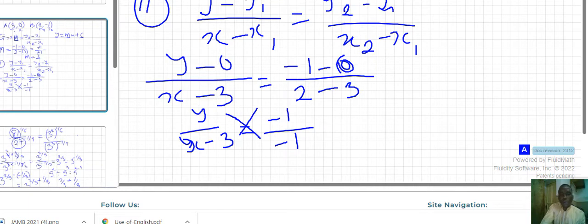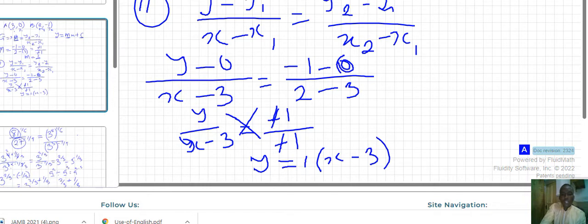But before we cross multiply, you should note that the minus will cancel the minus to make the equation simpler for us. So when you cross multiply, y times 1 gives us y, equal to 1 into bracket x minus 3. If you multiply this, we are going to have y equal to